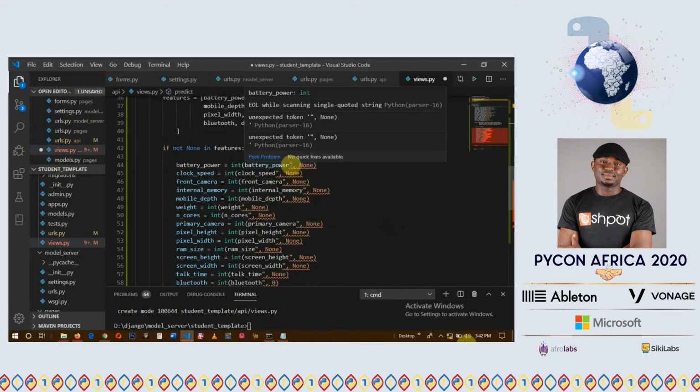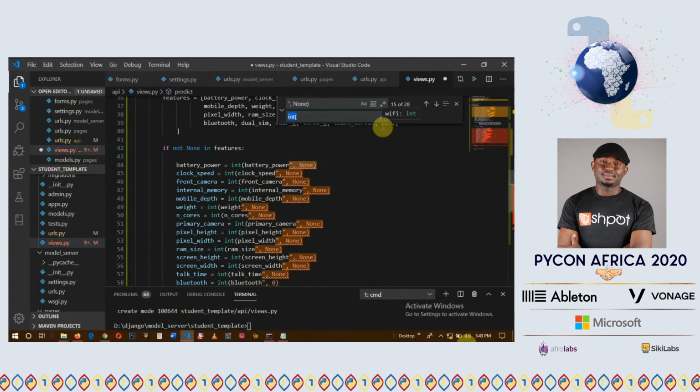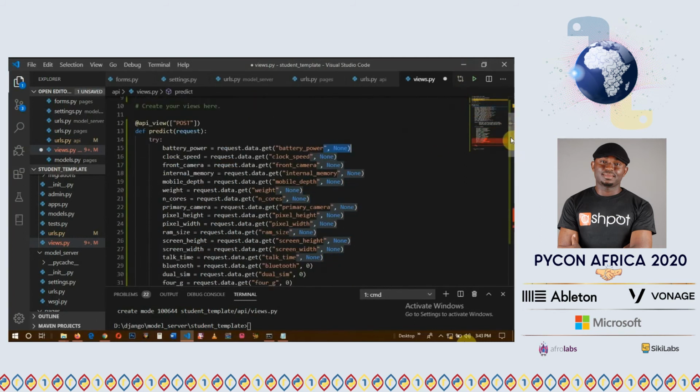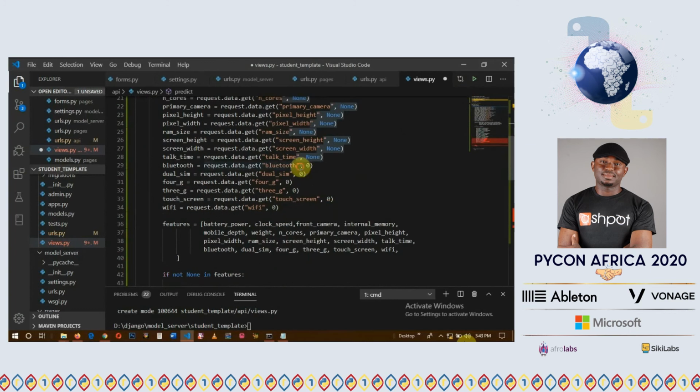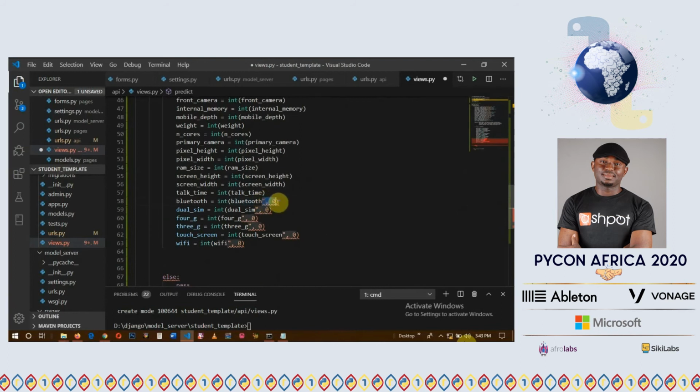Okay, and then I'm going to convert the whole of these to, it's kind of like some lazy hack you can use to do some repetitive stuff. So I'm going to remove all of these, all of these, all of these. Okay, so this goes off. I'm going to do that also for here. Sorry, not here. I'm going to do that for here, and change